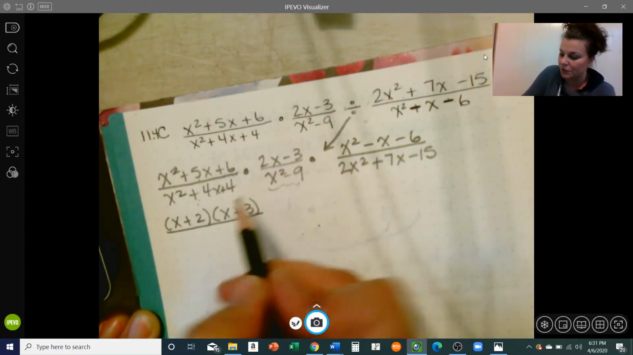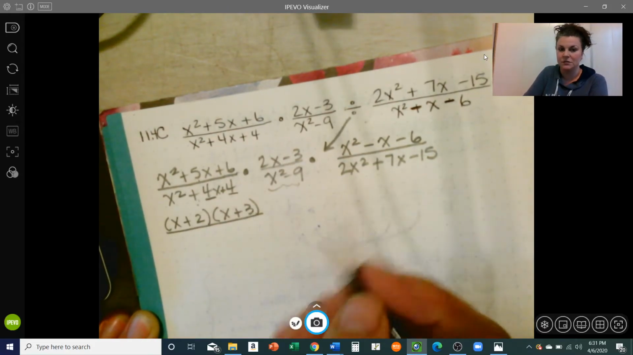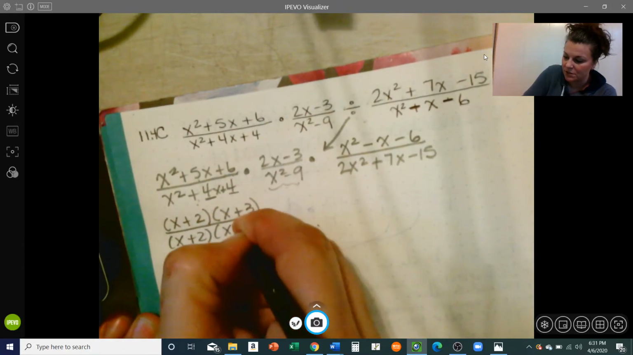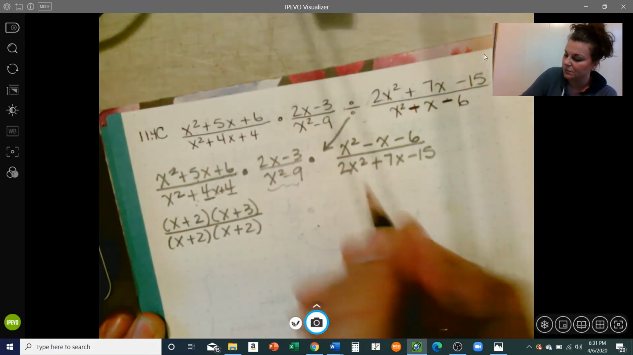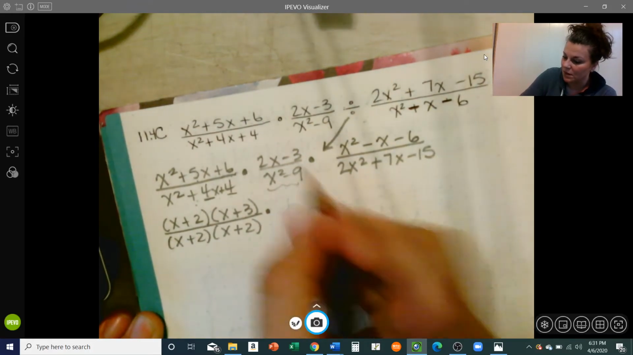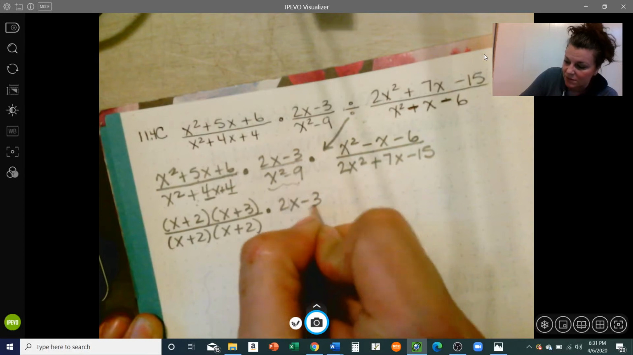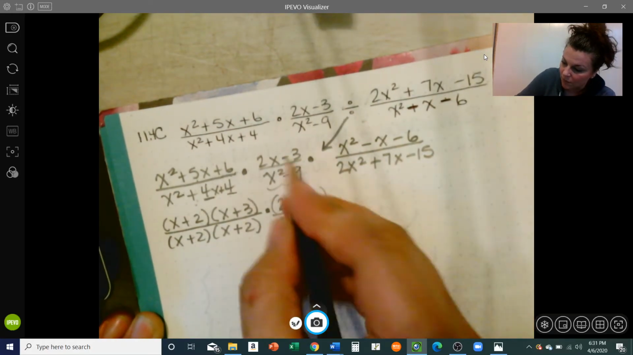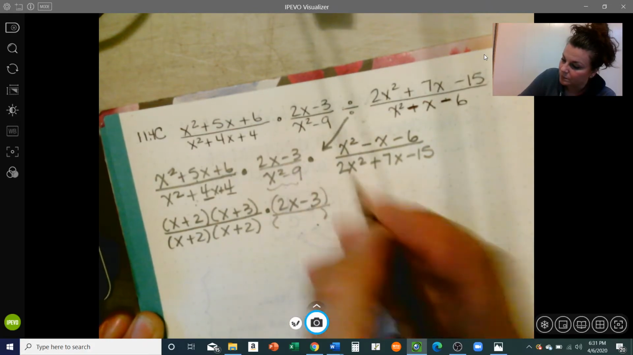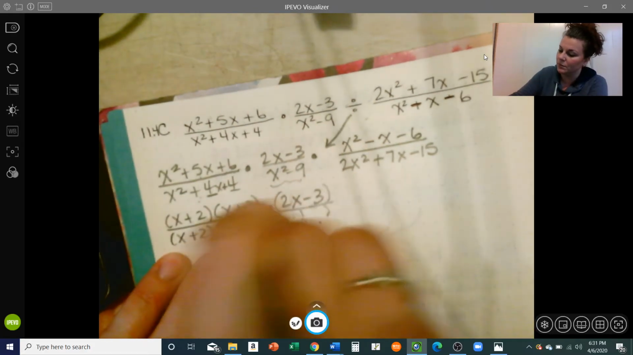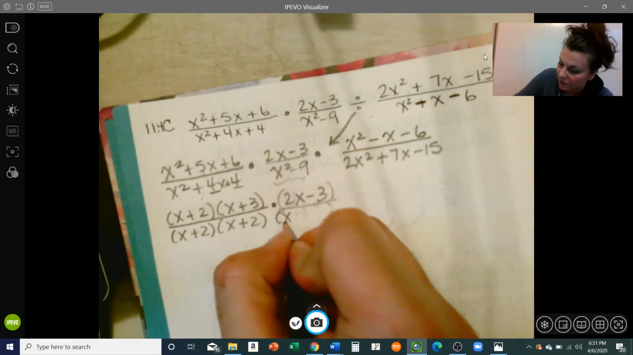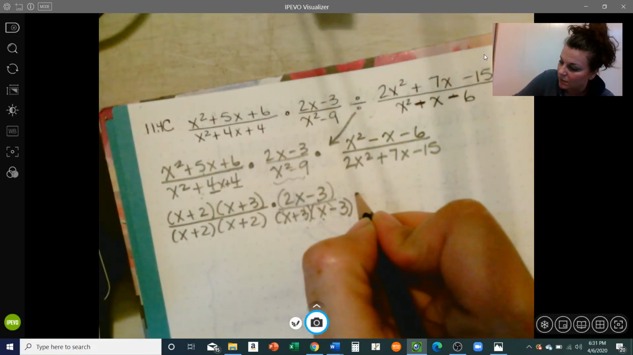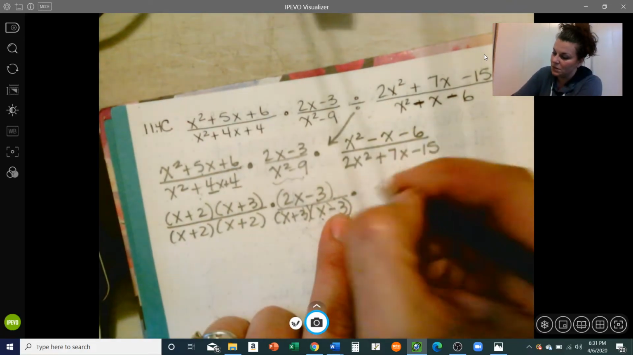And then that's over. Look, this is 4 and this is 4. So I have x plus 2 times x plus 2 times 2x minus 3. I can't factor that, but I'm going to leave that there. Over, this is the difference of 2 squares. So I have x plus 3 times x minus 3. And then times,